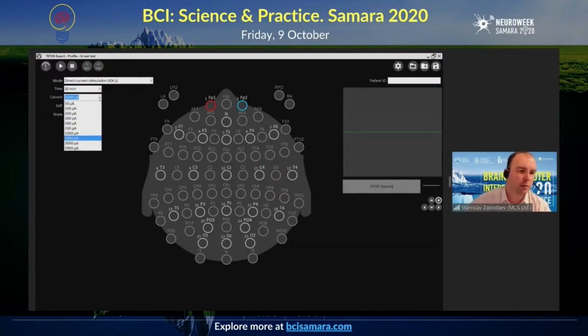So we put on the EEG cap, apply the gel, and so on and so forth. Then we select the current, so we can use the drop-down menu, or we can enter it manually. Let's say 1000 milliamperes. So there is also the soft mode, so the soft start mode, that is required to give more comfort to our patients, and so we do not discommode them. When we use the DC stimulation,